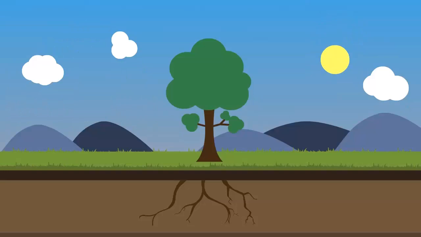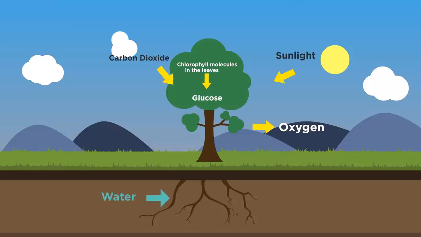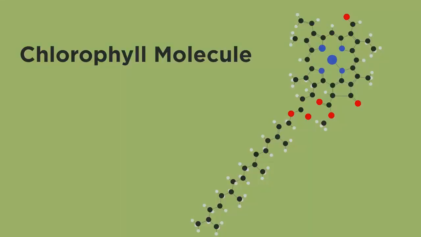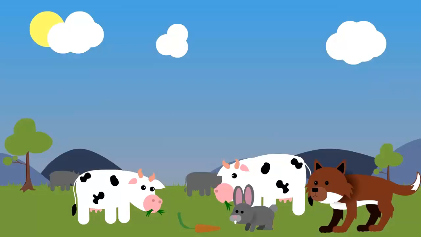So you just need to remember that carbon dioxide and water react to form glucose and oxygen in the presence of light energy from the sun. This happens inside the chloroplasts in the leaf, with chlorophyll being the green pigment that absorbs the light energy. The glucose made by photosynthesis feeds all animals on Earth, and the oxygen